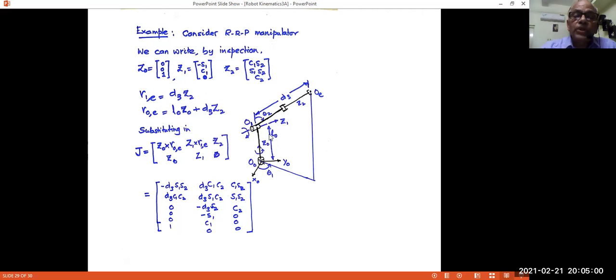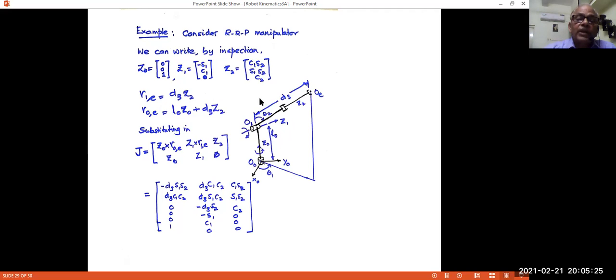Similarly, Z2 is this, and you can see its projection on this plane. Taking this angle as theta, making an angle from the vertical. Originally, it is in the vertical position. Once it turns by an angle theta, it's like this, and its component is sine theta 2 on the horizontal plane. It will be sine theta 2.